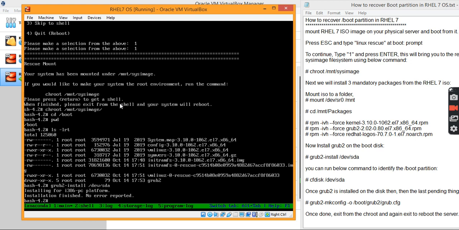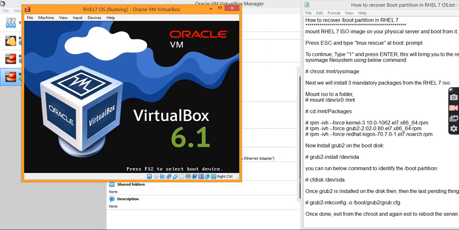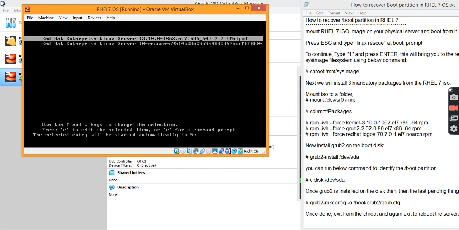You can see it is successfully installed. Let me exit and unmount this ISO image, and let's observe whether the issue has been fixed or not. Definitely the issue should be fixed.